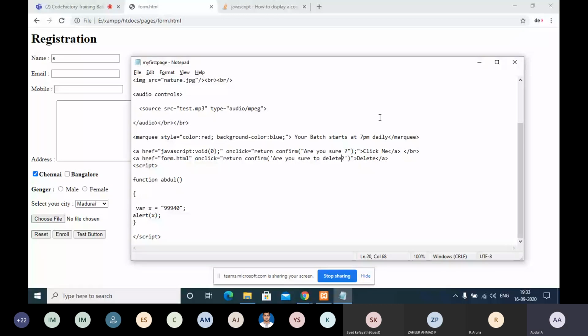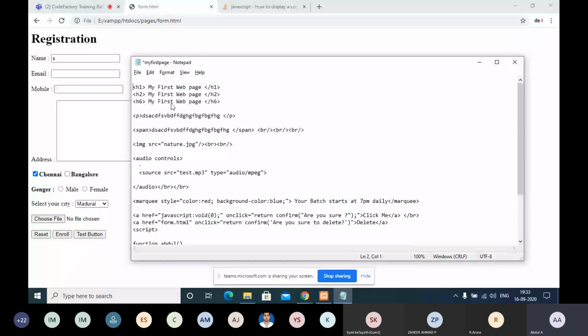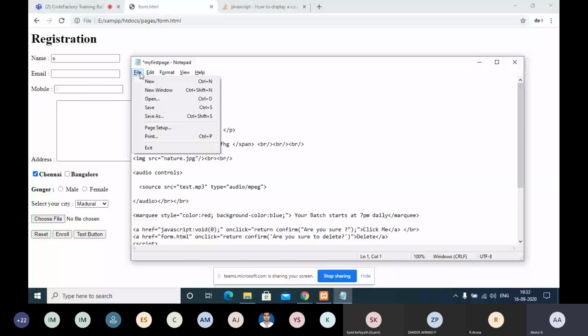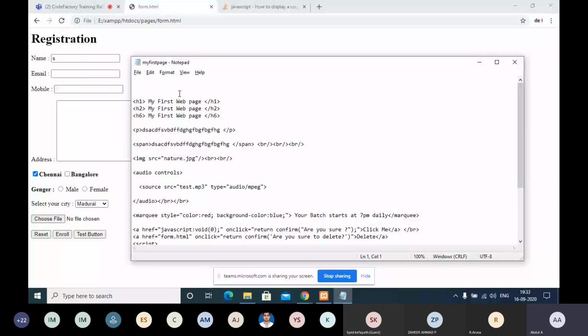So now we can move to the next part, that will be HTML entities. HTML entities are nothing but entities to bring some special symbols into HTML. For example, nowadays we use a lot of emojis in WhatsApp, Facebook, and every social media. In HTML, if I want to show a hash, I can directly write it. That is the flexibility in HTML. For example, I'm just giving an h1 tag.